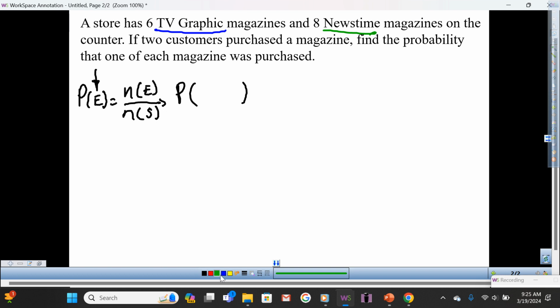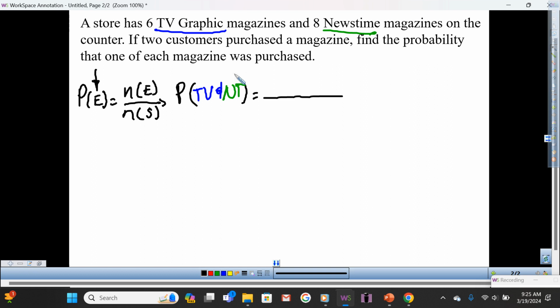So then I'm going to write TV and NT for News Time. Equal. So we're following this original classic probability formula, but now, if you notice, there's